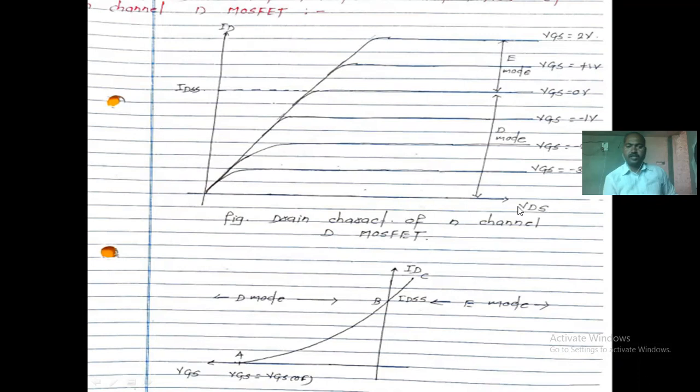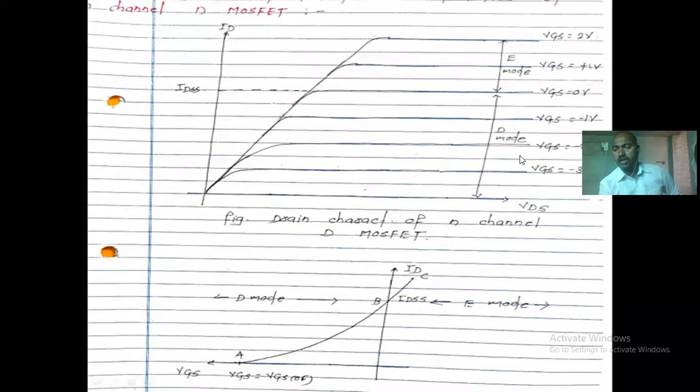When the VGS value goes towards positive, more and more current flows through the device. When VGS is negative, and more negative, reverse bias voltage appears across the gate to source terminal. So there is more depletion region and less current flows through the device. This happens when VGS equals -3 volt. As we reduce the magnitude, going from -3 towards -2, more current flows through the device.